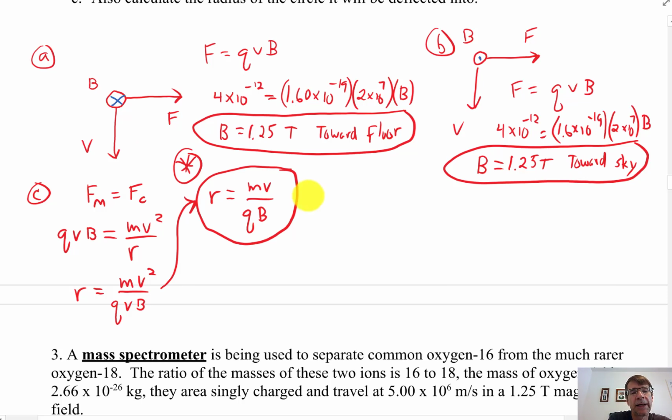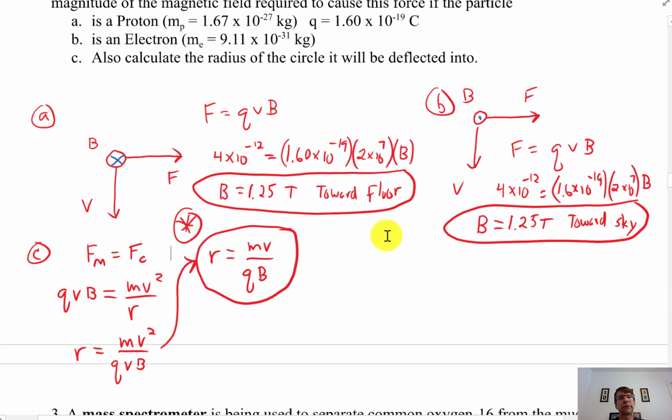So bottom line, let's do it for the proton. You can do it for the proton and for the electron, but let's just do it for the proton. It's going to be a different radius for each because they have different masses. Same magnetic field. But if I want to find the radius for the proton, r sub p, it's just going